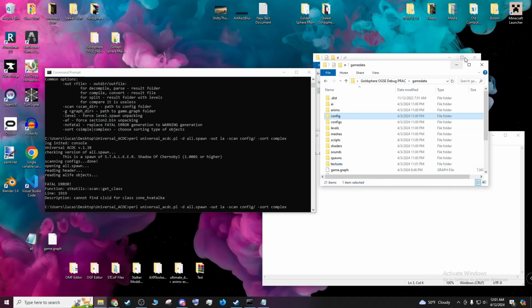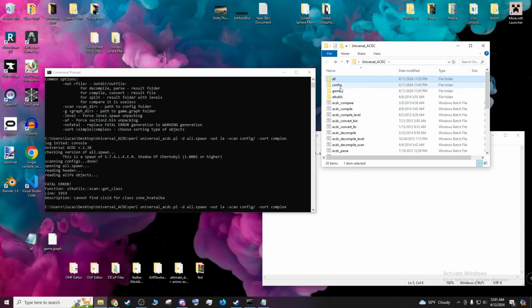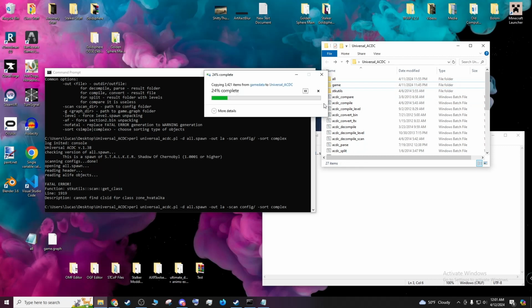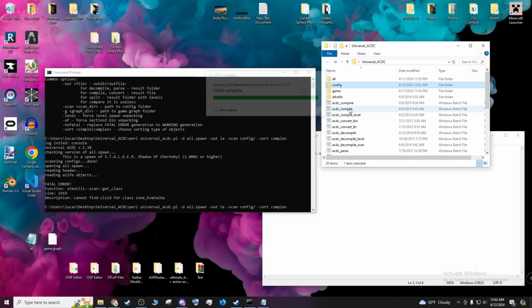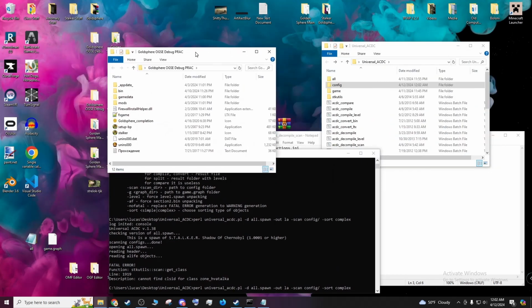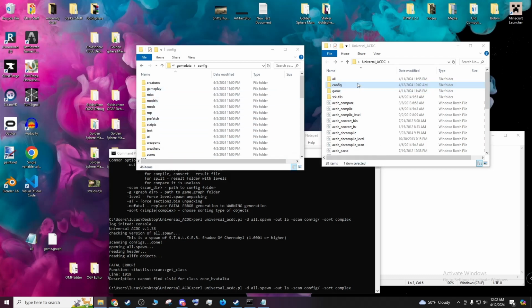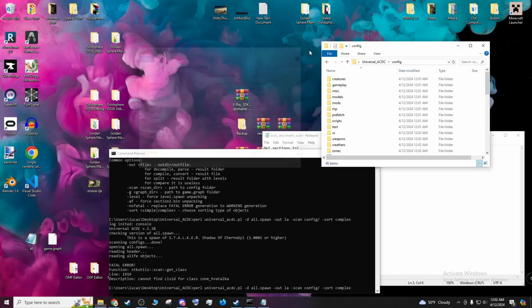You want to copy the location and paste it inside of your universal ACDC folder. I was actually wrong about the config, so just delete it and instead just paste it in here. This will copy a bunch of files into the universal ACDC folder. Like I said before, this config file is from the mod you unpacked into the game data and config, basically the same folder right here. So